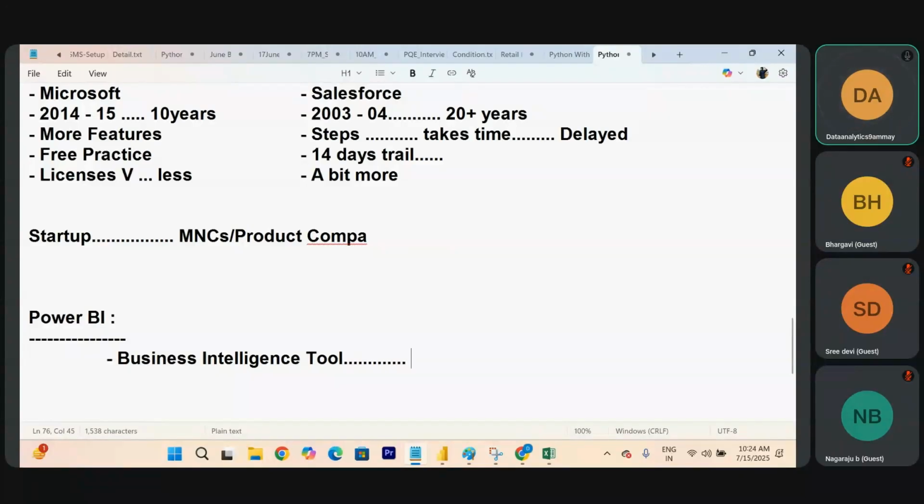Why do we call it a business intelligence tool? Let's understand. In our school and college days, teachers give us rankings: first rank, second rank, third rank, fourth rank, and the person sitting at the last bench gets the last rank. Based on what? Based on our exam performance. If you write well, you get the first rank. If you don't write well, you get the middle or last rank.